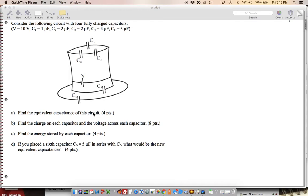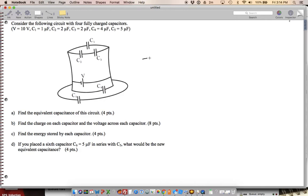So in this problem, we're going to redraw the circuit to make it easier to calculate. I can see here, this is the positive side of the battery, so I'm going to draw that over here. This is the positive side, and then I'm going to go around this way. If I go around this way, I've got